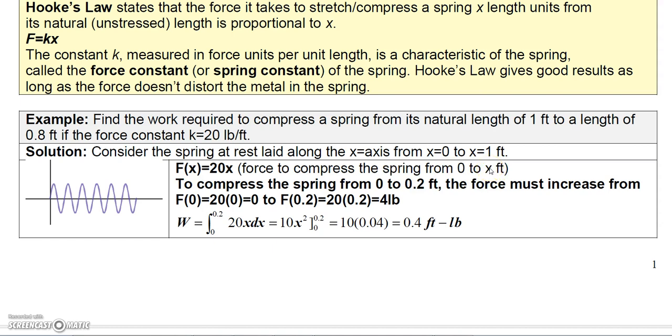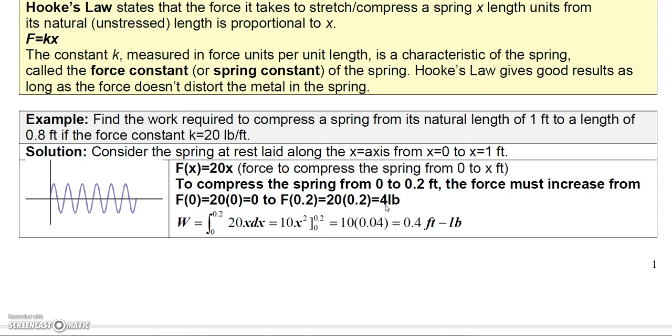So that's basically the kx that we talked about here, where k is 20 and x is the distance it's compressed. To compress the spring from 0 to 0.2 feet, now that's how we get the spring to 0.8 feet. We actually have to compress it 0.2 feet. The force must increase from F of 0, which is 0 force, to F of 0.2, which is 4 pounds